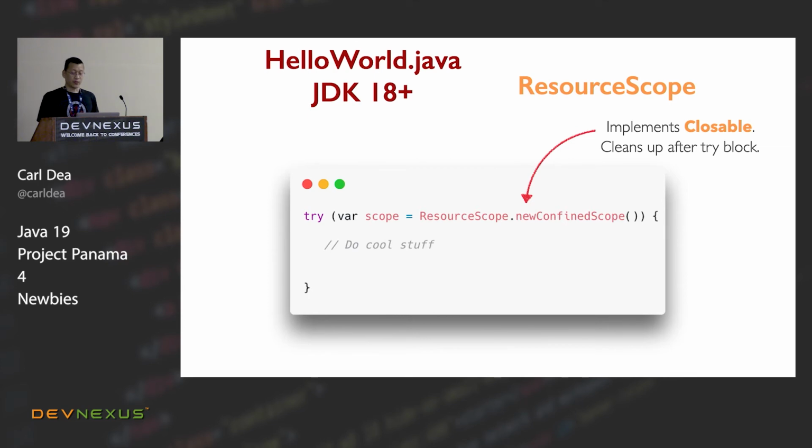So when you start off a program, you always create a scope. And this is the try-with-resources block. And within Panama, you have to create these various scopes. There are different types of scopes, but these are the typical ones I use, which is nice because these try-with-resources implement Closeable. So when you get out of the scope, it cleans up the memory, which is off heap,